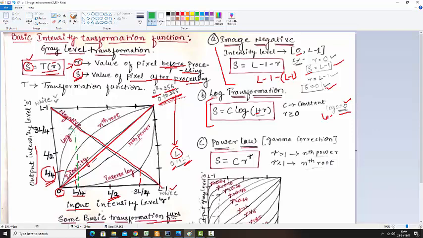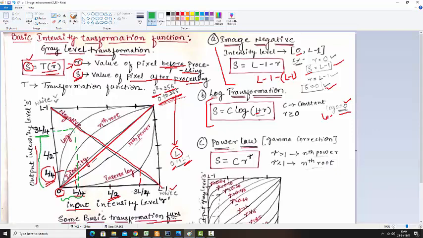So at that time, if I produce this one to this side, it will be coming to L/4. If I am starting from L/4, it will come to L3 by 4. So this is occurring. That means the values in the black region from 0 to L/4 have been stretched to this portion.